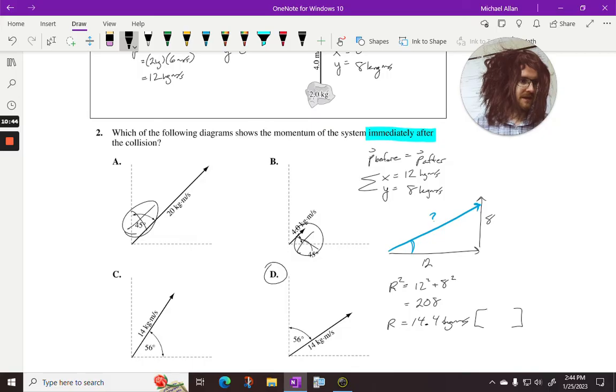All right, so to find the angle, we're going to go tan. I'll just call this theta here. Remember, tan is opposite over adjacent. So to find the angle, I'm going to go tan inverse of 8 over 12. I guess you could reduce that down, but it doesn't really matter. Your calculator does it for you. Just make sure you're in the right mode. So I get 33